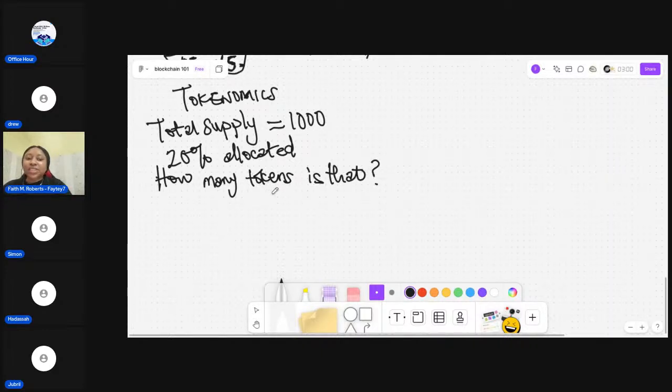That means we are solving to know how many tokens were allocated here, where 20% was sent out. And 20% of what? 20% of the total supply,